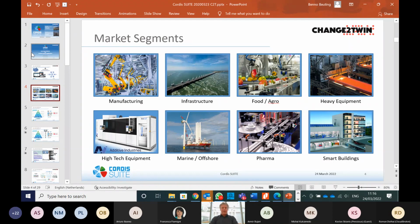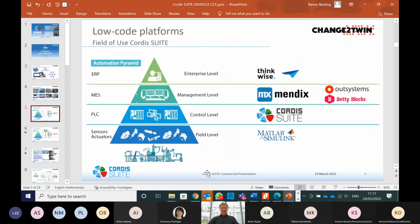used in technical software. So we as CORDIS, we are focusing on the technical domain. So these are just some examples of domains that the platform is used. And one of the Change2Twin partners, Additive Industries, on the left bottom, is also using our platform for their metal printing machine. So breaking it down in different kind of domains in technical software, you have the ERP, the traditional